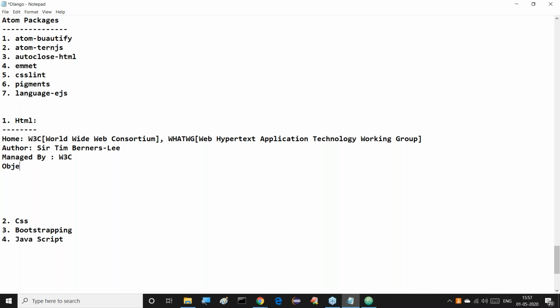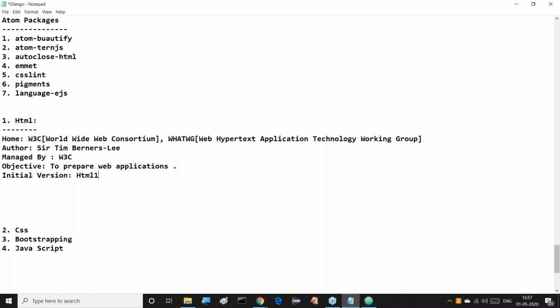Next, what is the objective of preparing this? What is the intention of preparing this? Its main intention is to support web application development, to provide a good environment to prepare web applications. That's it. This is the main objective of this technology. Understand my point now. So what are the latest versions? Observe this clearly. What is the initial version?